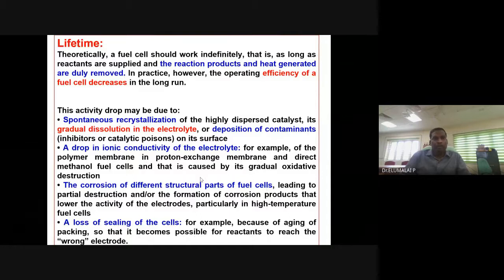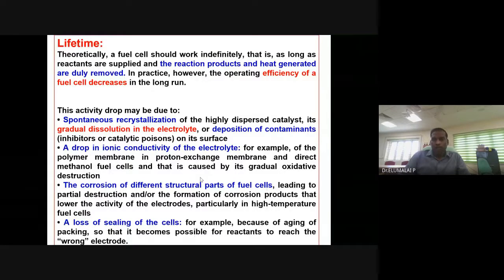Like this, the fuel cell also has limitations. After all, these are made up of some compounds: chemicals, catalyst, membrane. Over time, they undergo degradation. So there is a lifetime for the fuel cell. Already we have a limitation in the voltage, and a thermodynamic limitation defines efficiency, design efficiency. Given all these things, there is a lifetime for the fuel cell. We cannot expect a fuel cell to work for all the years. No, there is a limitation. There are reasons why there is a limitation in the lifetime.